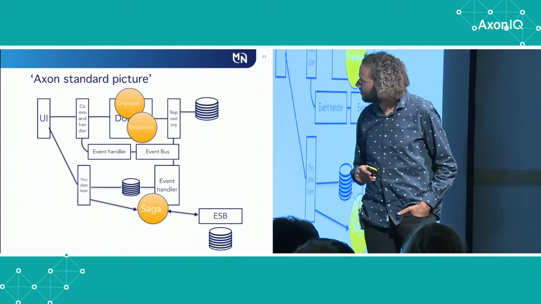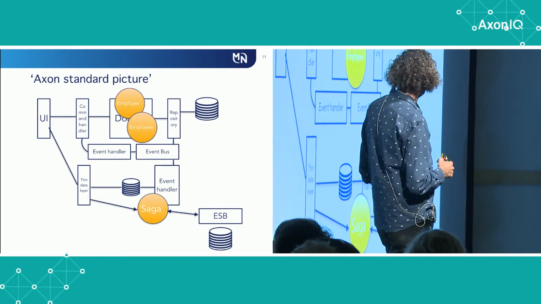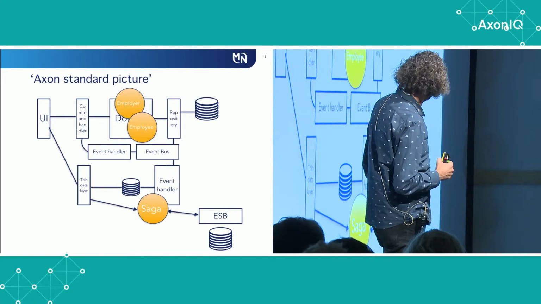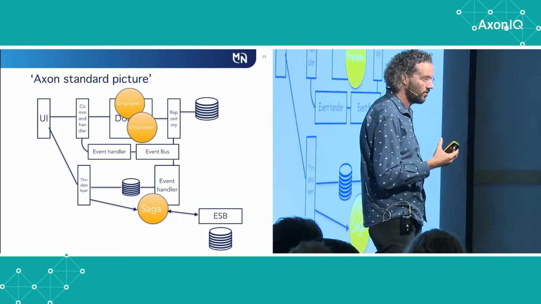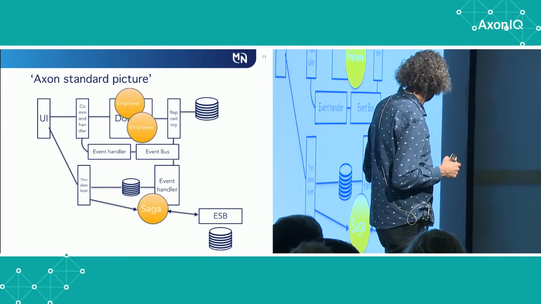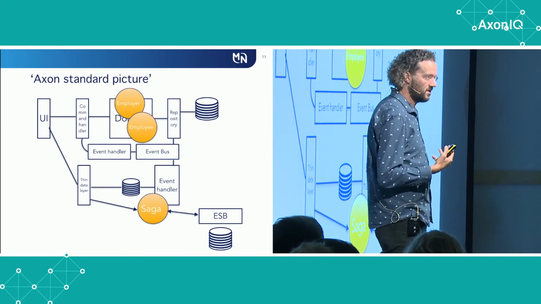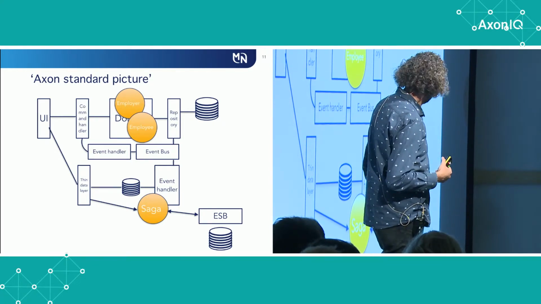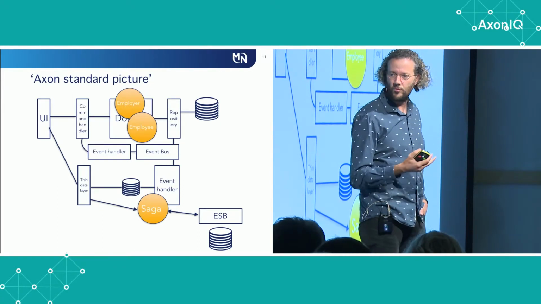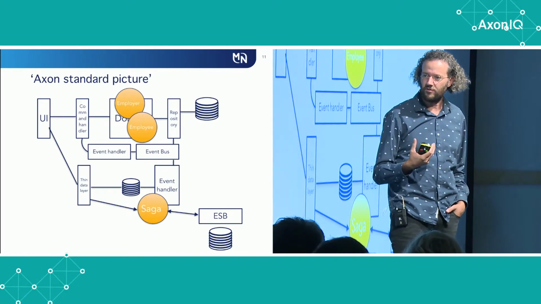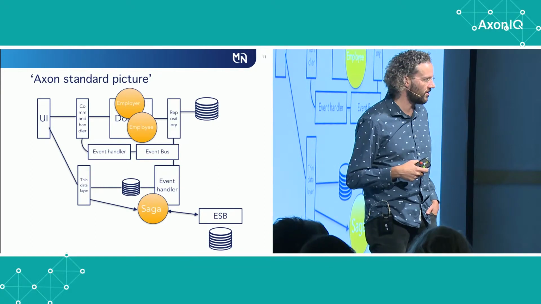This is the Axon reference guide picture, just to give you a bit of an idea. So the application is quite simple. It's got two aggregates, an employer and employee. They have a connection based on an ID. And when data is added or removed, it's more or less mimicking a REST style approach, data added, data removed, but specific. So specific for the kind of data, salary changed, those kind of events are in there.